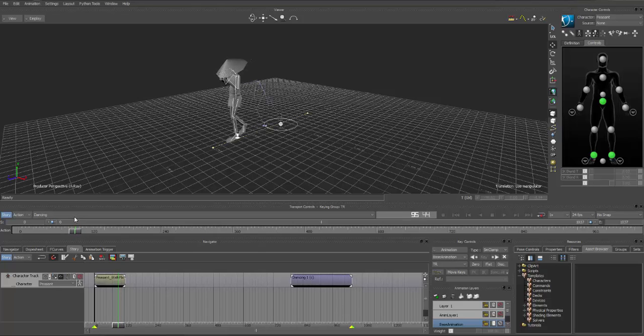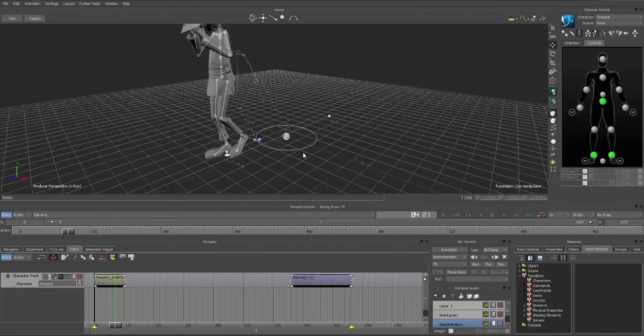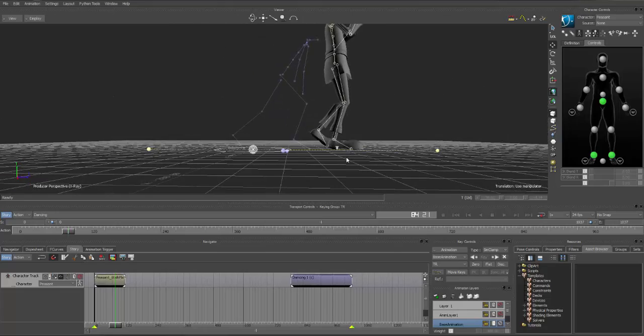We're going to give it some time to blend as well, so I'm going to use this foot where his right foot impacts the ground, where it's flat on the ground, and